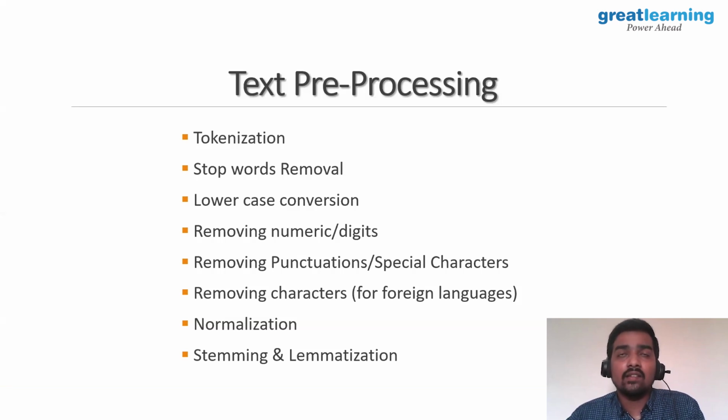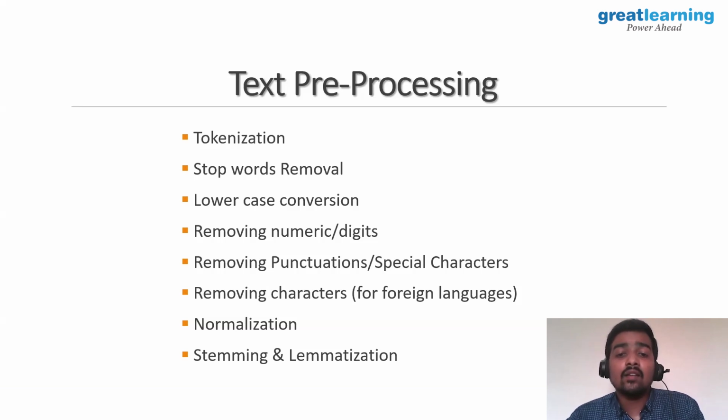And removing numerics and digits. If you want to do text classification, there might be a chance that your raw data has numbers included in it. There is no need to keep these numbers, which may lead to a lot of features. So we can remove these numerical digits, which don't make sense for our use case. And removing punctuations and special characters. Punctuations and special characters are the same, they don't really add information. If your use case demands it, we may need to retain some of these punctuation marks, but if not, we can remove them.